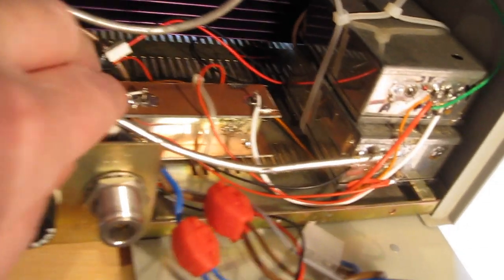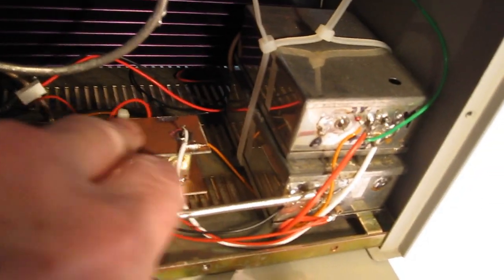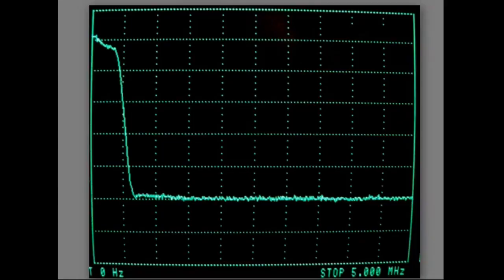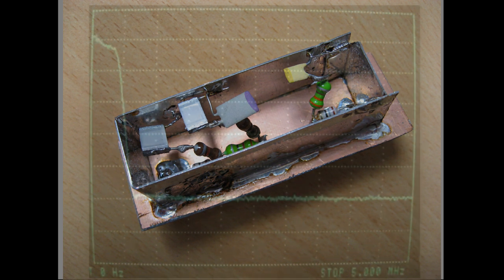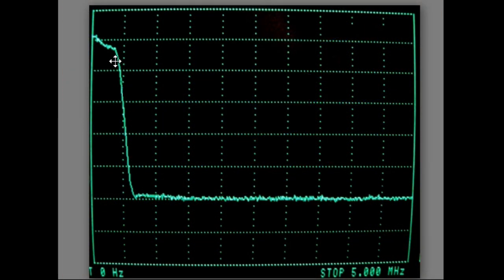can you see it? What we see here is a video filter. A normal video spectrum contains all this kind of signals here till 5 megahertz, and in this case I added a few components as a low pass filter, and it cuts everything behind a few hundred kilohertz completely off.